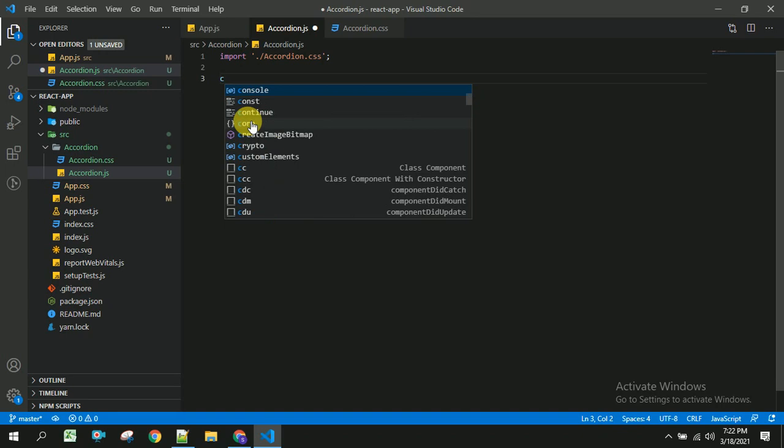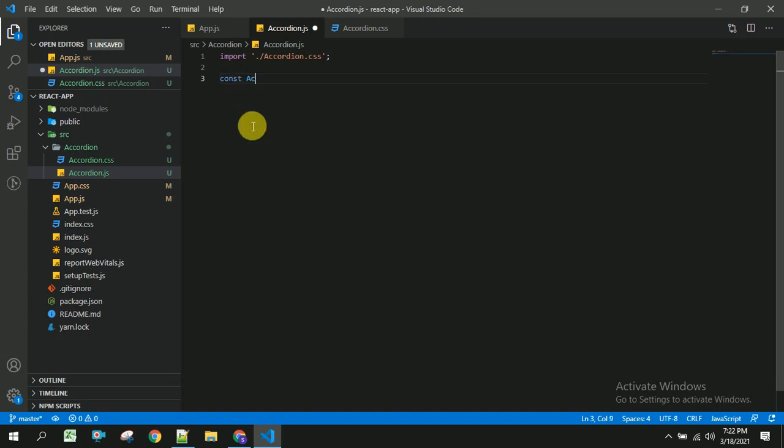You can use React snippets as well, but I am writing this manually: const Accordion equal to, by using this arrow function syntax I am going to create this accordion. So this will return some accordion text. We will change this further. Export default Accordion. So let us save this.